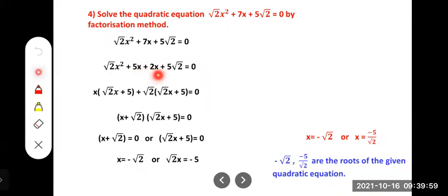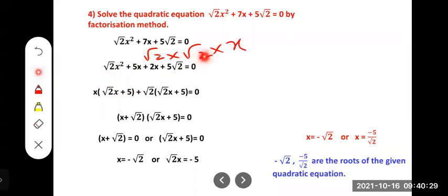No, ma'am. In the next step, root 2 and root 2 is common becoming. Yes. See, here to take common outside, you will be getting easy. That means X is common out, so you have taken X common outside. So root 2 X plus 5. I think this will be easy for you. What about here? See, listen carefully. This 2X, how I can write? Root 2 into root 2 into X.